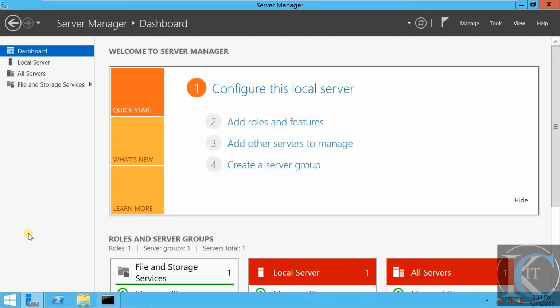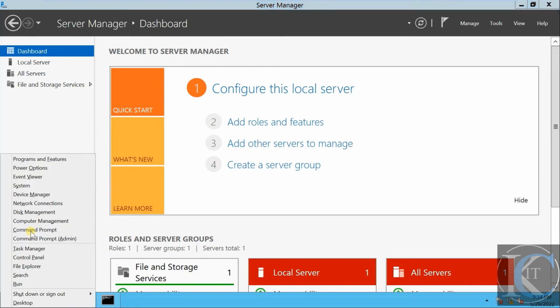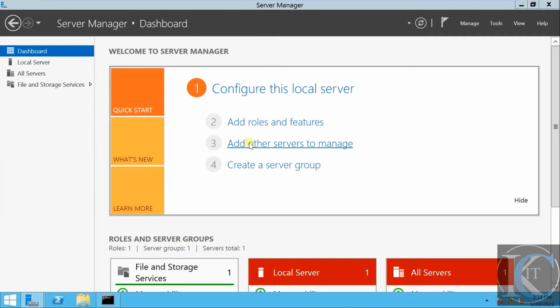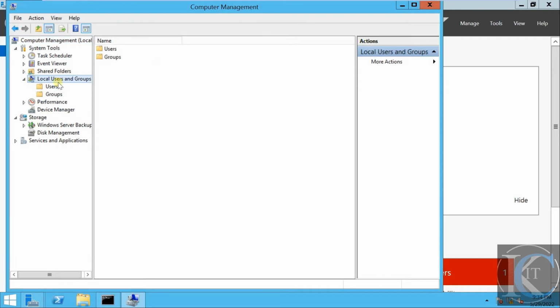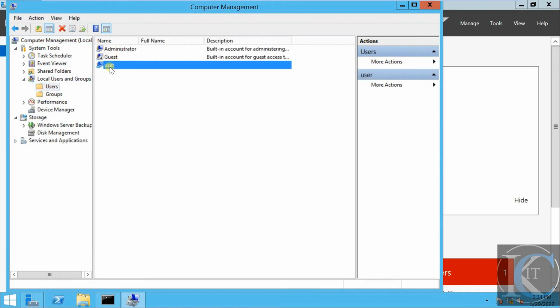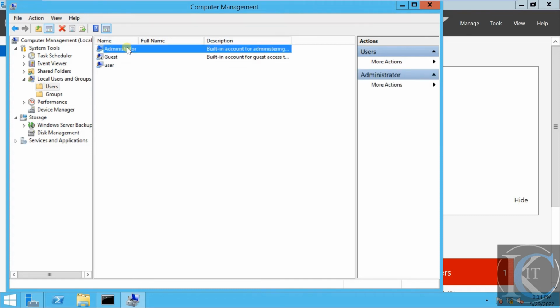To do that, you come here, press Start + X once again, and then we can move to Computer Management. You can get it from here. Then we can look for Local Users and Groups to look for the users that we have. You can see I have administrator and I have user. I'm going to make changes in the name. It's always better to change the administrator's name to a new name so that hackers will not be able to guess which account it is. So I'm going to rename this account. Now before I do,